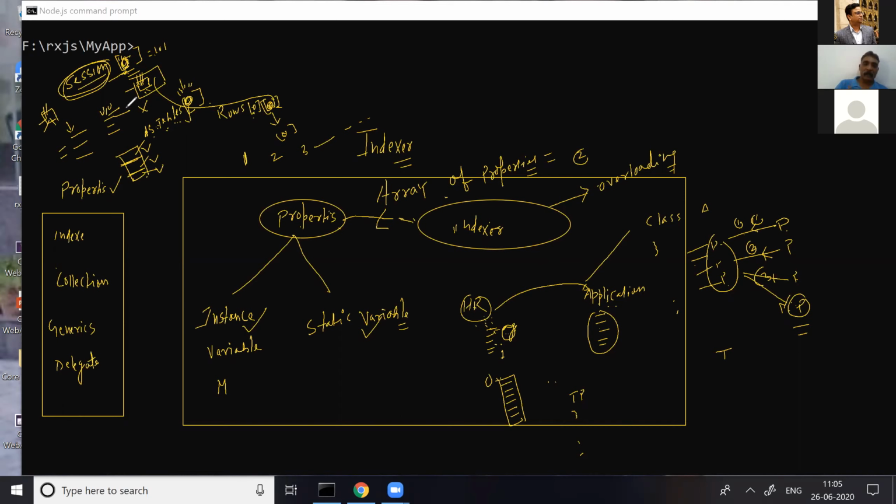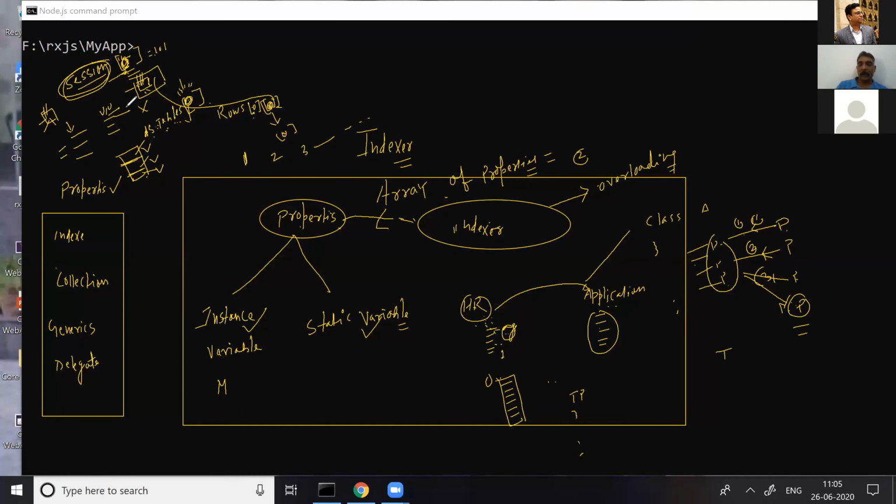What is an indexer? First of all, an indexer is very close to properties. You can't separate the indexer from the properties. It's just an enhancement. When you design a class and have taken several private variables, you have to make multiple properties within a class. One property can bind a single private variable.